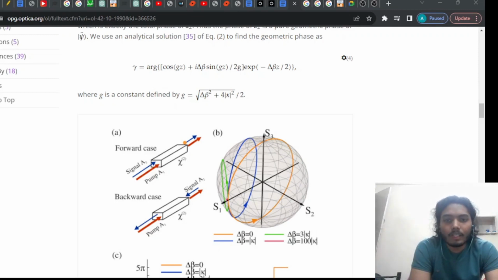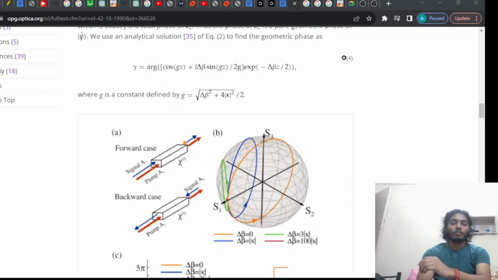So if we have delta beta equals 0 or close to 0 in the forward case, it need not be equal to 0 or close to 0 in the second case. And hence, if we have good phase matching in the first case, when signal A2 is moving in the direction of the pump,